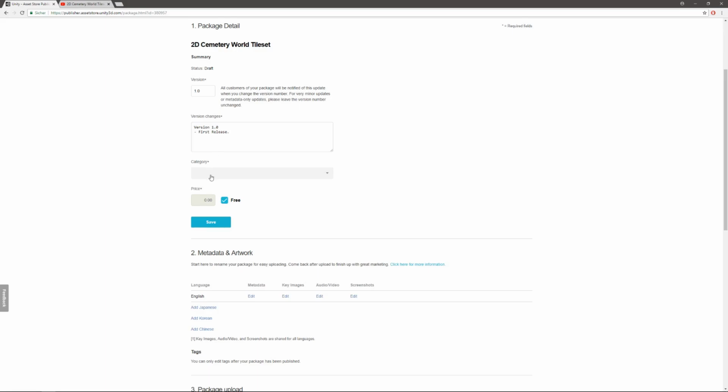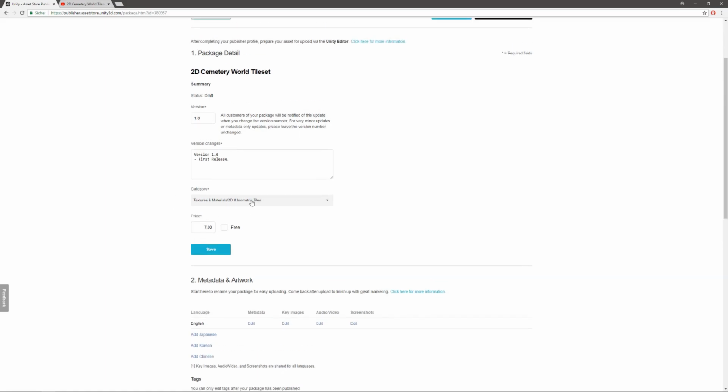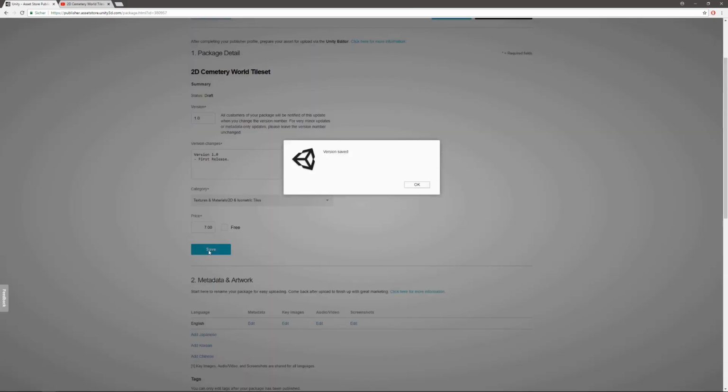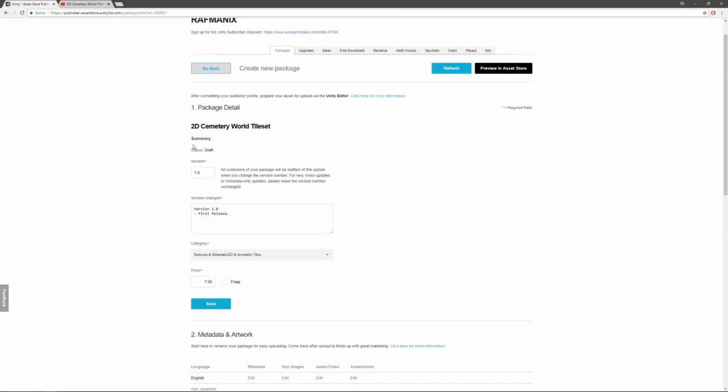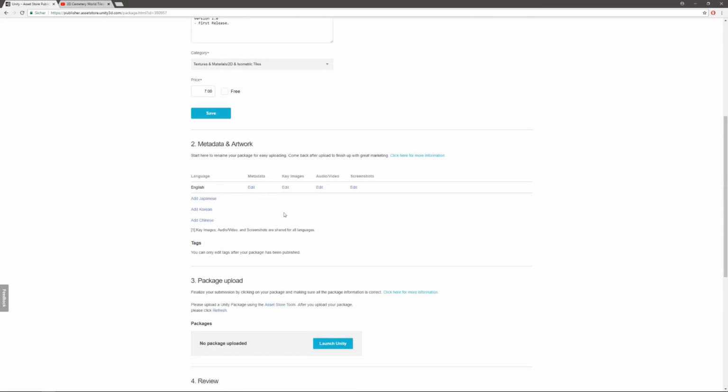On the category, we look for a template where your asset fits. For 2D, choose 2D. For 2D character, choose character. For 3D, choose 3D, and so on. Find somewhere your asset fits in. For the price, Unity says you did it, so you can ask whatever you imagine. We type in here $7. Don't forget to save. Click OK. Now it is all saved, it's all typed in.